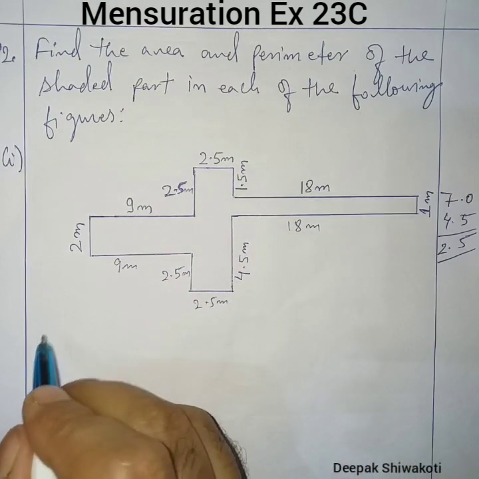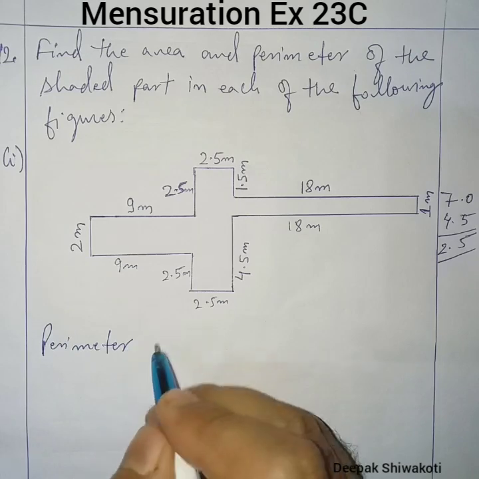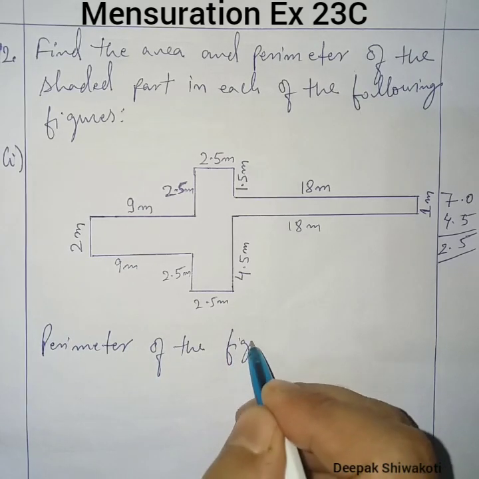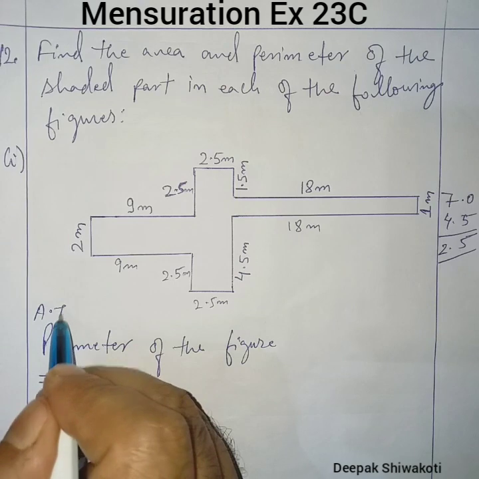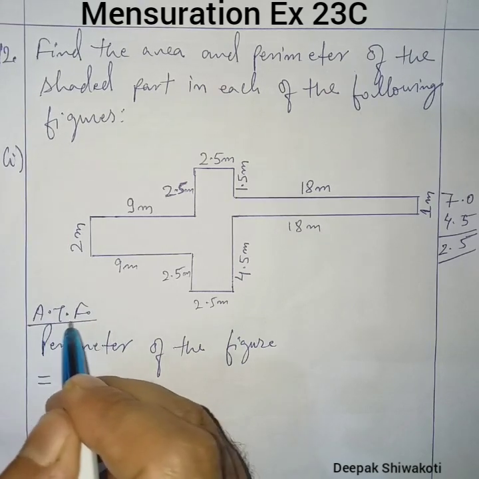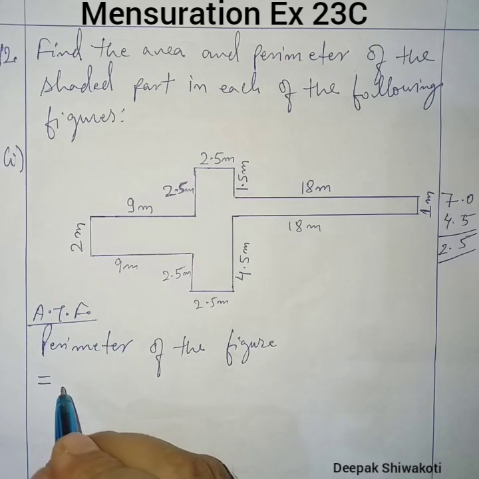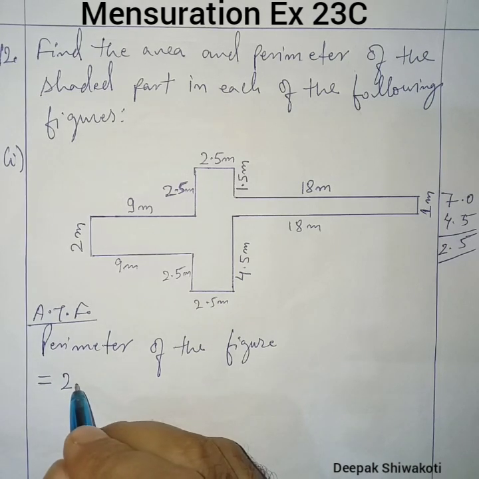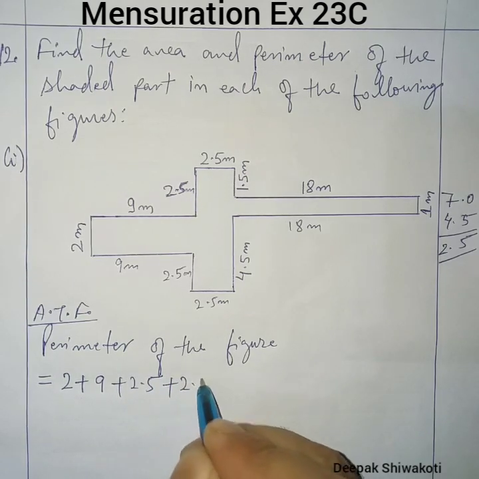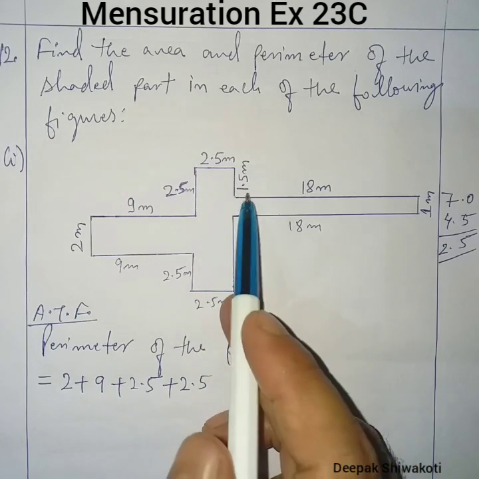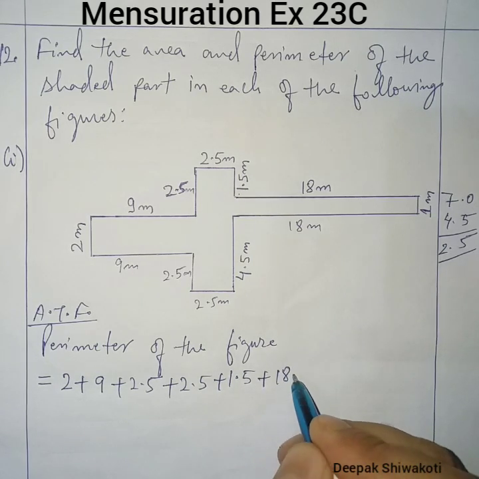Now perimeter of the figure will be equal to, according to the given figure, let us start from here: 2 meter plus 9 meter plus 2.5 meter, again 2.5 meter, then 1.5 meter, 1.5 meter plus 18 meter plus 1 meter,